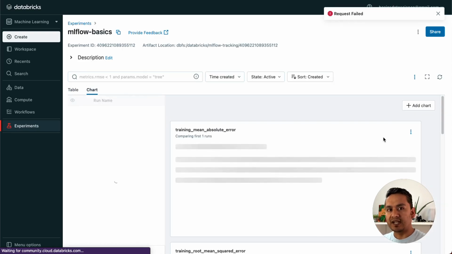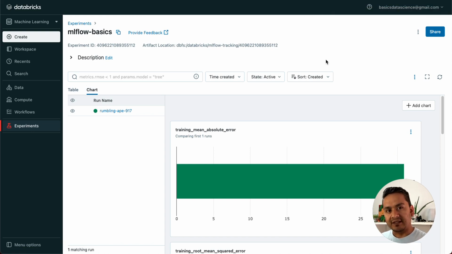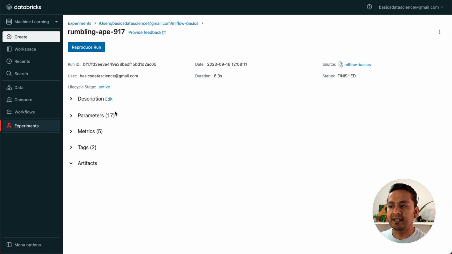If I click this one, this is inside Databricks. We are not going outside. This is the good part of Databricks, as I said before, because the Databricks creators actually created MLflow, and that was made open source, and they have integrated that into Databricks for ease. As you can see here, it says rumbling ape. If I click inside this,